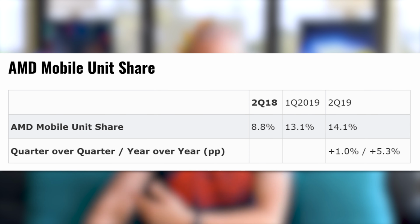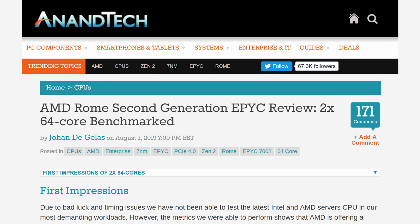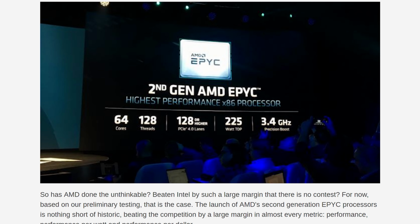And considering the fact that AMD Epyc Rome was just announced last week, and all of the reviews that have been coming out say that it is probably one of the best chips AMD has ever made, and it can compete with Intel Xeon server chips in many of the high core count areas where it really matters, and things like its AVX-512 instruction are actually really good,